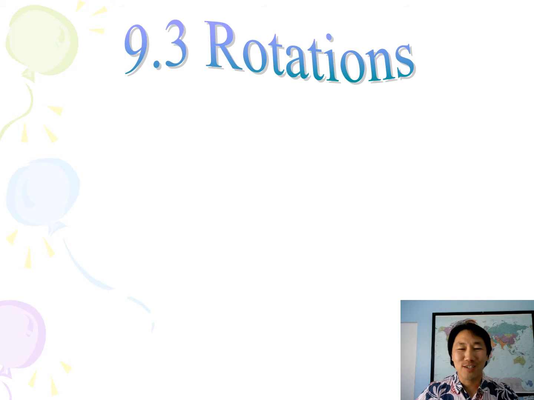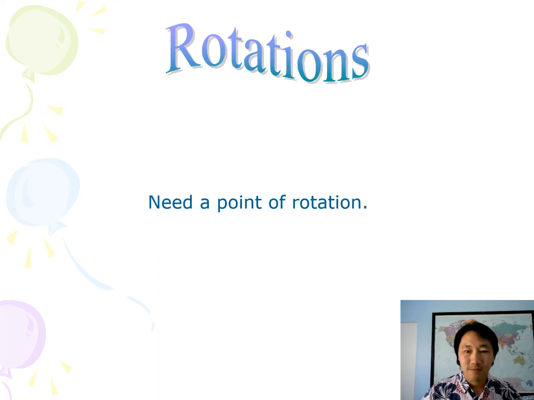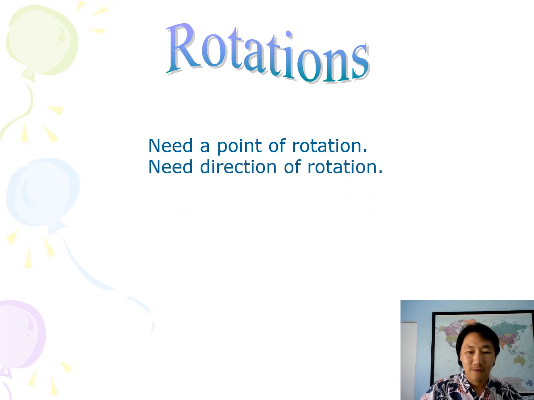9.3 rotations. Let's go ahead and rotate some of these things. In order for a rotation to happen, we actually need three things. The first is a point of rotation. You need a direction of rotation. It's either going to be